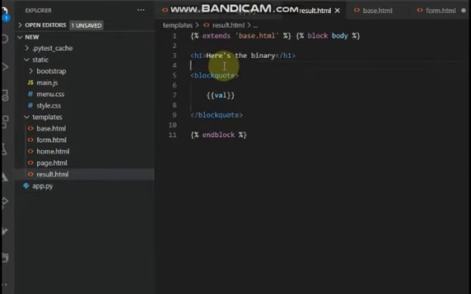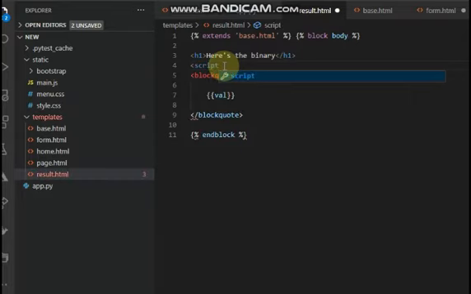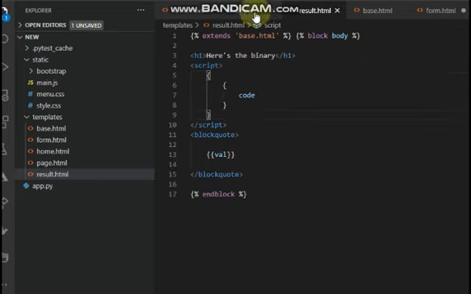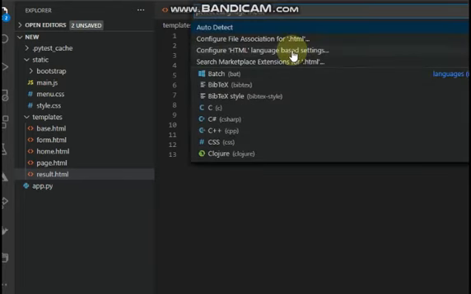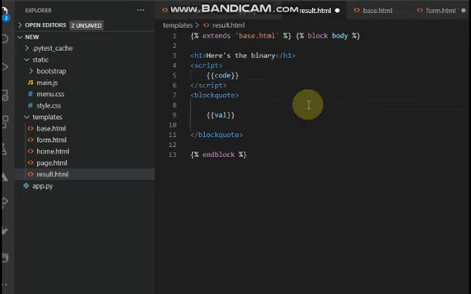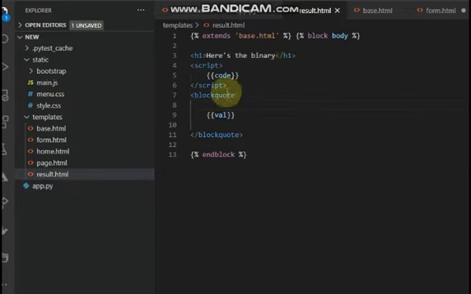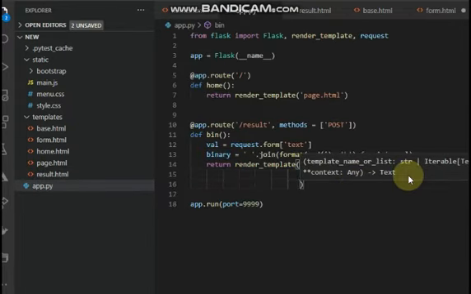I can also add something like this, for example a script, that is just for example, and here I can add something like code, and the value that the oh sorry, what the hell, wait, I have to, yeah,